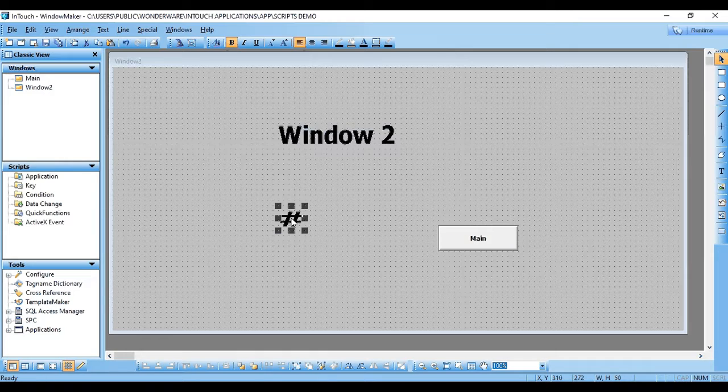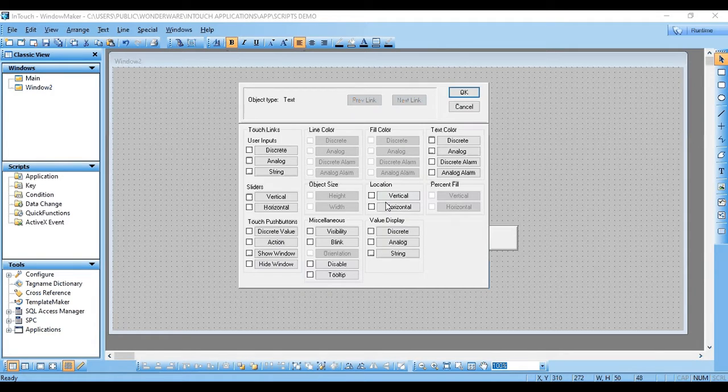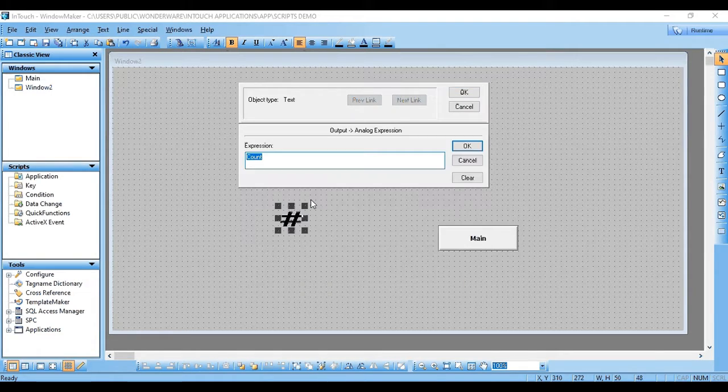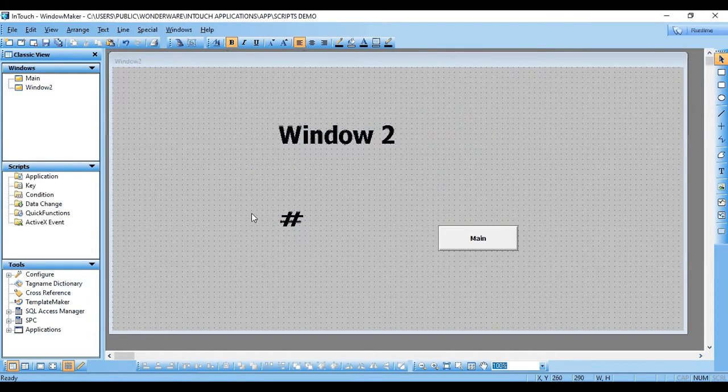The execution of the script on the main window will stop while we are on window 2. If I assign the script as a window script and we move to the second window, it will stop counting. That's why we have added our script to the application script. Now it will work perfectly.